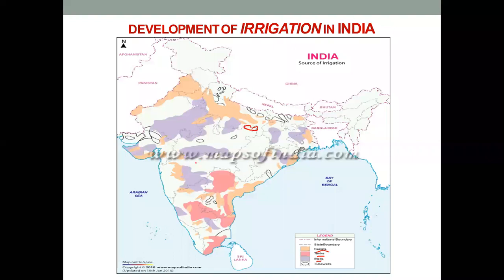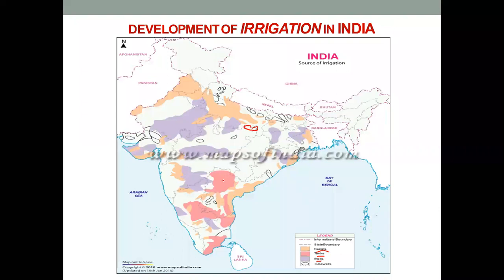And if you just observe, the two most common types of sources of irrigation water in India are, first, canals, okay, faint orange color, and second, the wells, that is faint purple color, okay. These two are the main types or the most used irrigation sources in India. Now if you see the third source, which is the tanks, in dark pink or red color,